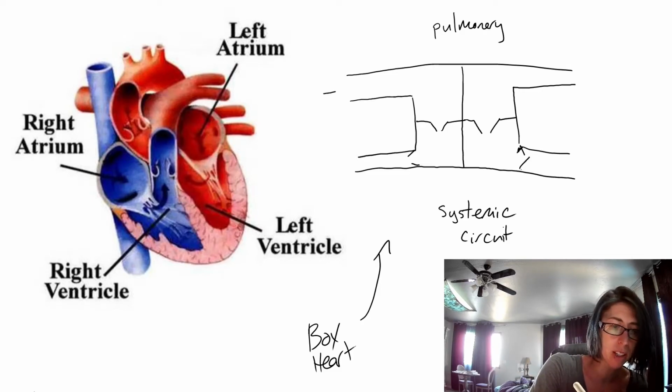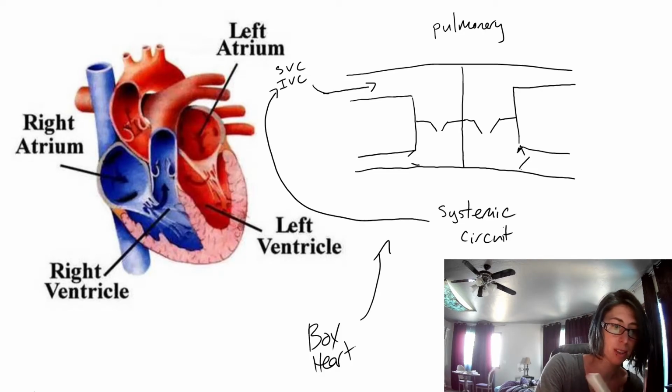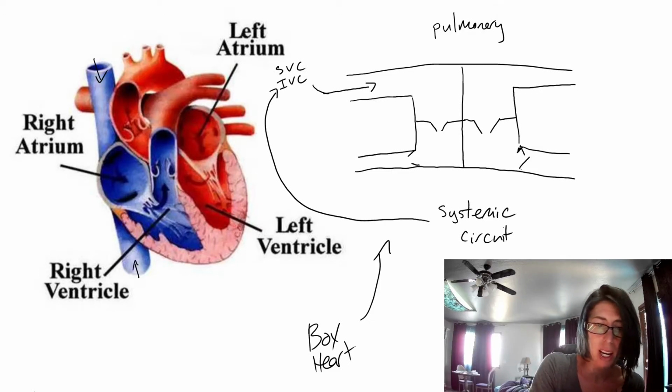So blood's going to enter the heart through the inferior vena cava and superior vena cava, right? From the systemic circuit. Superior and inferior vena cava, that's here and here. And then it goes into the right atrium,